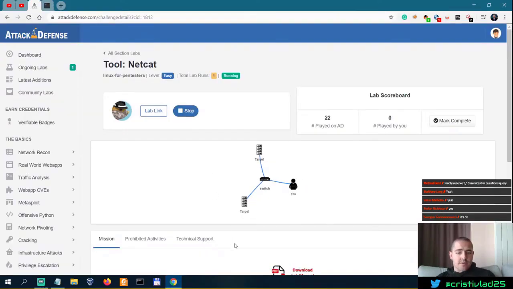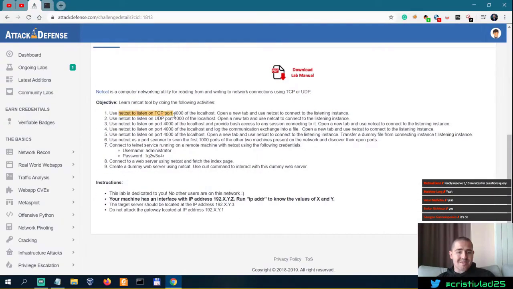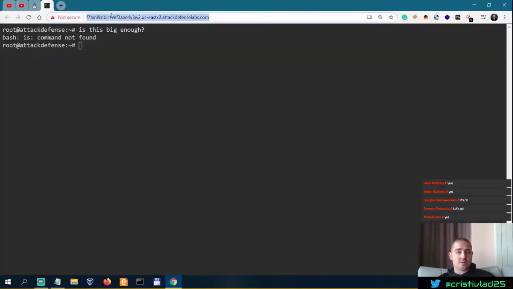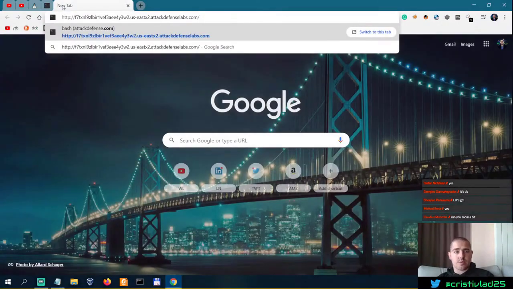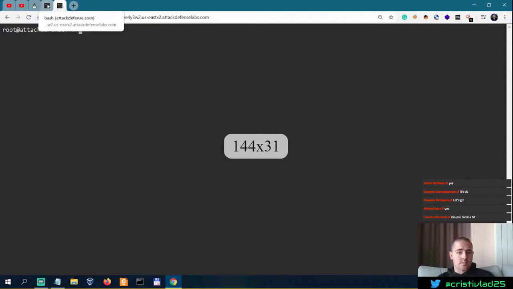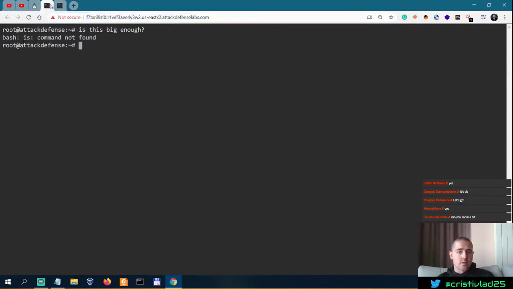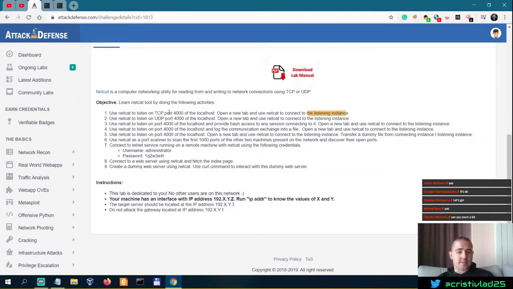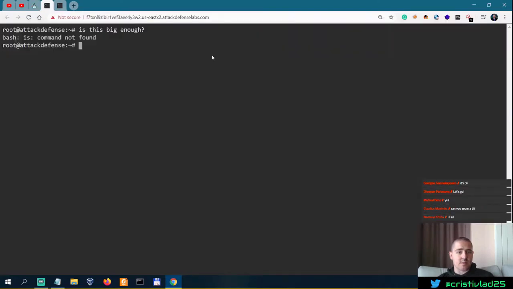And now, let's actually make this bigger. First, use Netcat to listen on TCP port 4000 of the local host. Open a new tab and use Netcat to connect to the listening instance. So we need to go to a new instance. The first one, so we need to listen on port TCP of the local host,